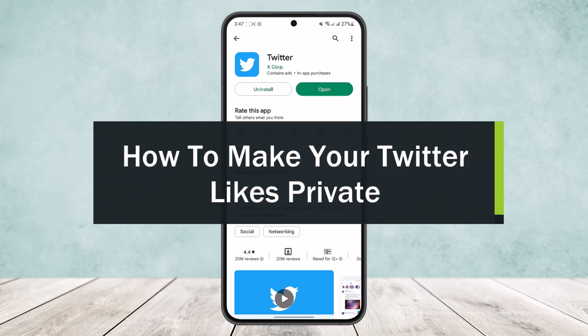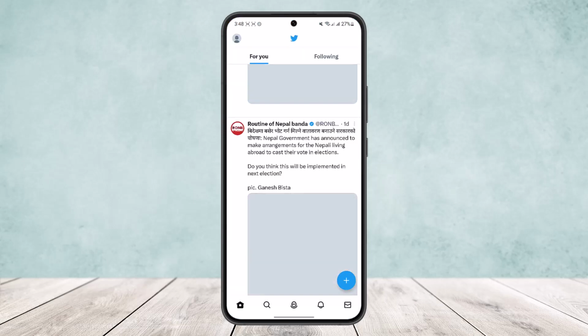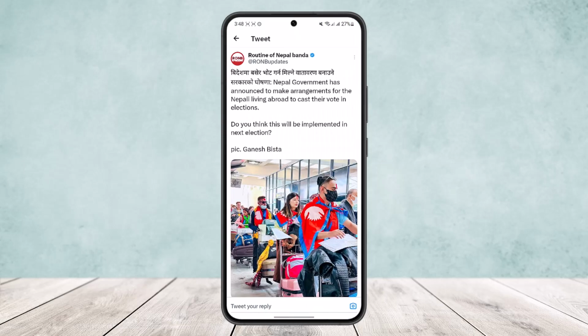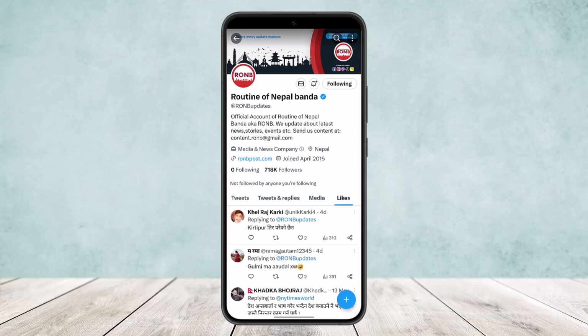Today I'll guide you on how you can make your likes on tweets private on Twitter. Now if you open up the app and head into a certain profile, and on the likes you'll be able to see every tweet that they have liked. Now this is a built-in feature on Twitter where every tweet that you have liked will be shown on your